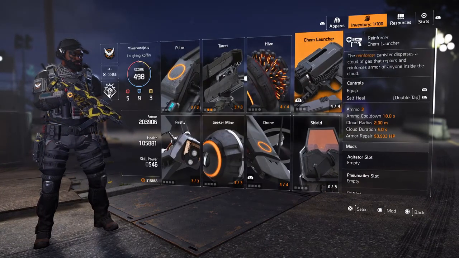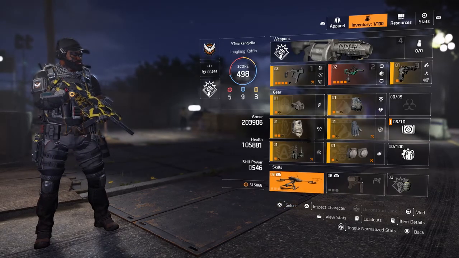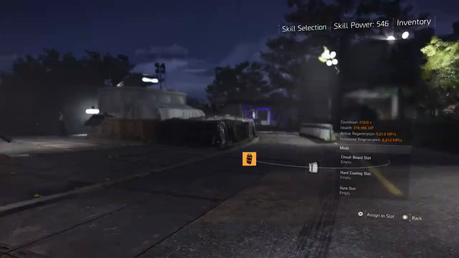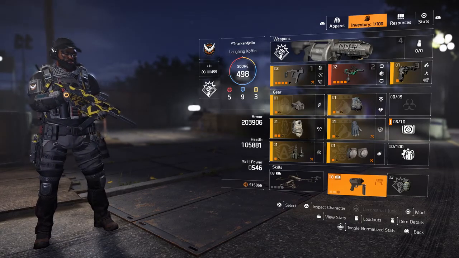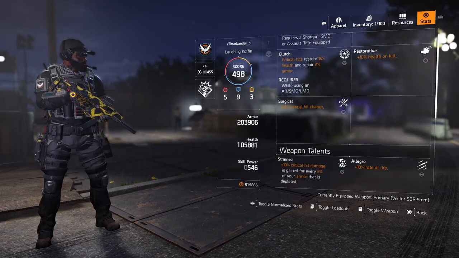The next skill I run is the cam launcher, just a regular healing one. Now I've seen people use the defensive drone and the shield with Crusader. Now those 2 pieces honestly go really well together, but it just depends on your kind of play style. I prefer to run and gun and kind of move around. But anyways, for the stats for my SMG,